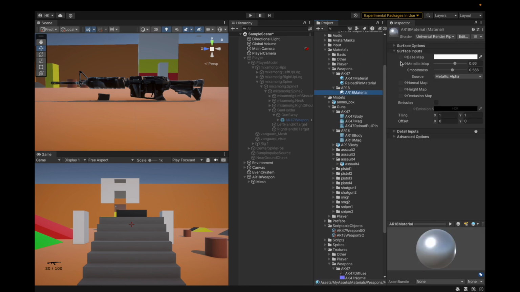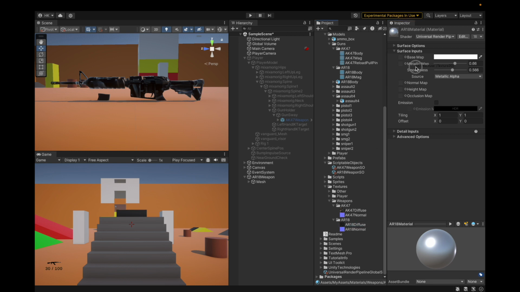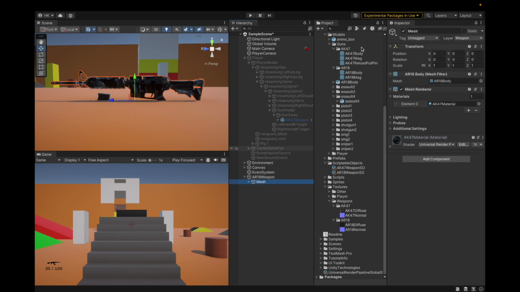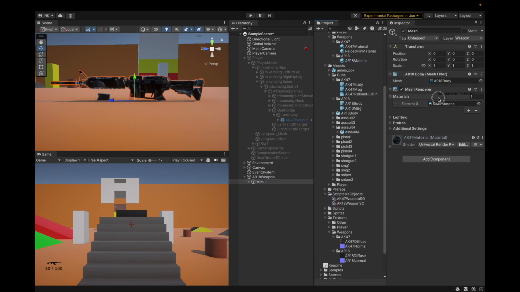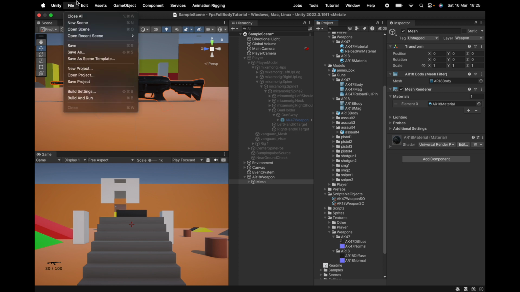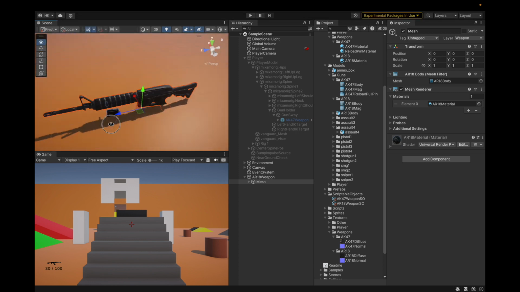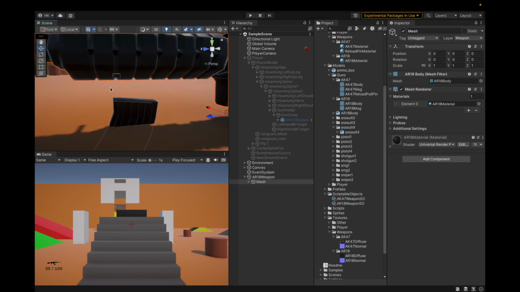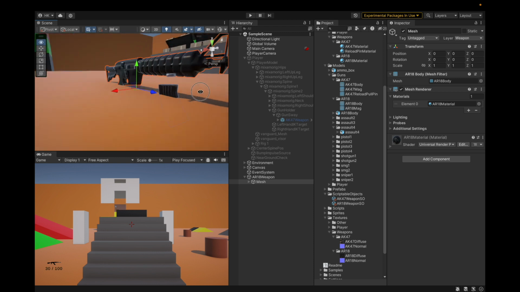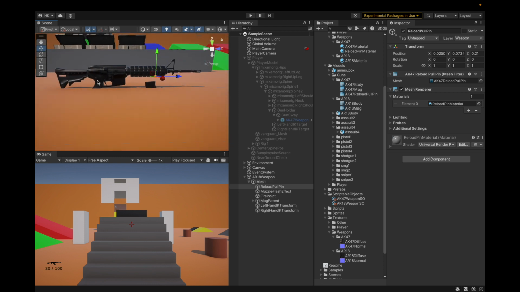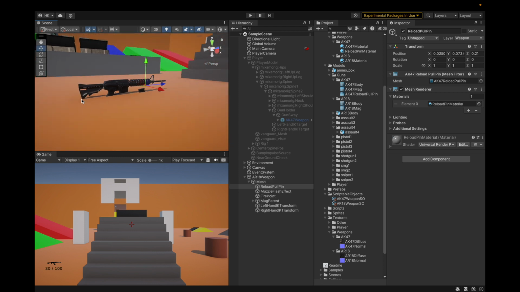They're already assigned correctly. Well, they aren't. Looks like they lost their references as soon as I changed those. So let's just assign them again, and then the AR-18 normal. Back to the mesh, we can assign the material here. Can just pass in, and our mesh now looks pretty good. There's no issue with the texturing, and everything else seems okay. What is this here? Just the... without pulping. So